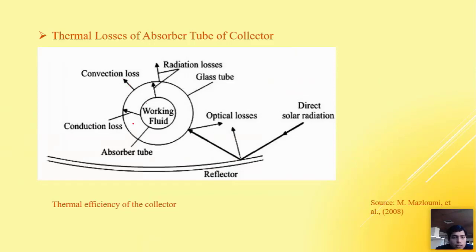So these losses are, say, this is the reflector. Okay, this is the outward portion where the glass tube is there. So radiation losses may be there from the inside and outside. But the convection losses are from the upper glass tube only, because inside there is evacuation. And in case of the parabolic trough collector also, we will not have a huge amount of convection losses, but in comparison to that, radiation losses will be quite higher, and conduction losses